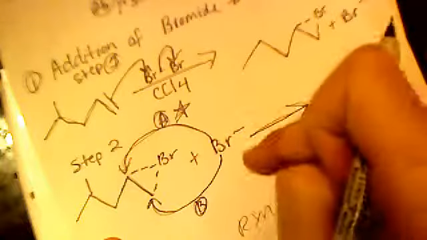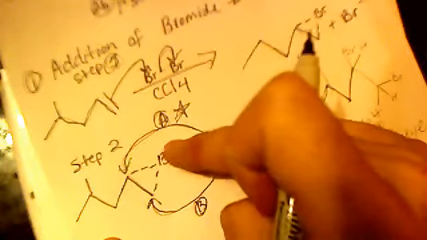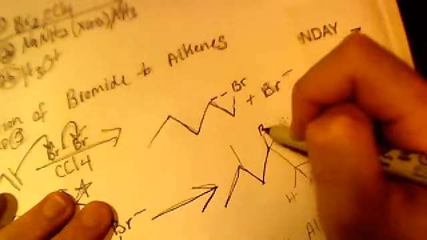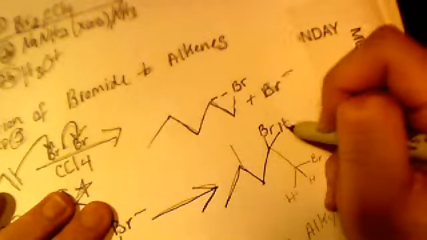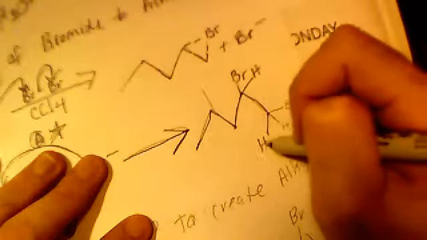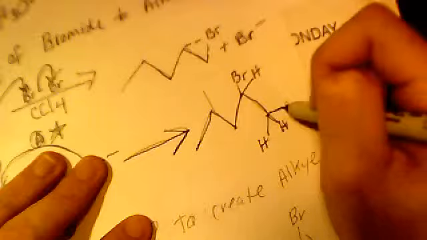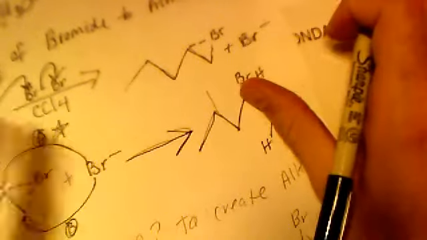So then, okay, that leaves us with, so we took the A path. Let's just pretend we take the A path. This bromine comes up here. This bromine comes down here. So we're left with the 2 bromines attached. The pi bond is broken. We have H, H, H. So this is our new molecule. So now we go on to